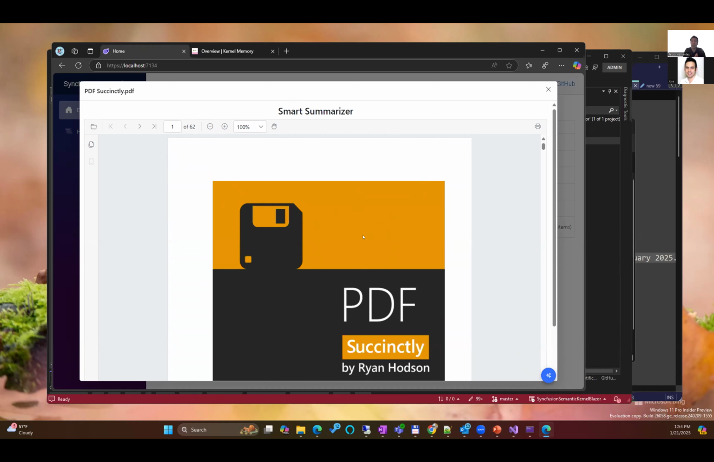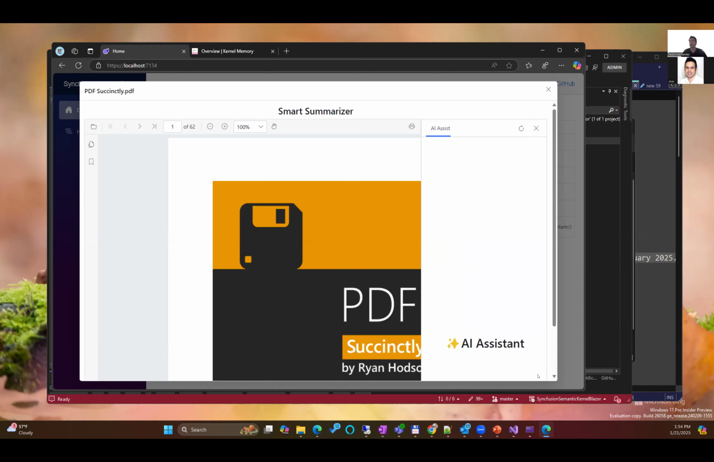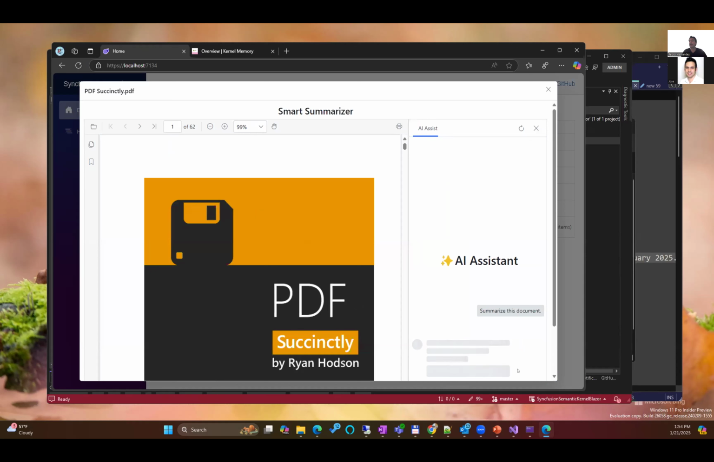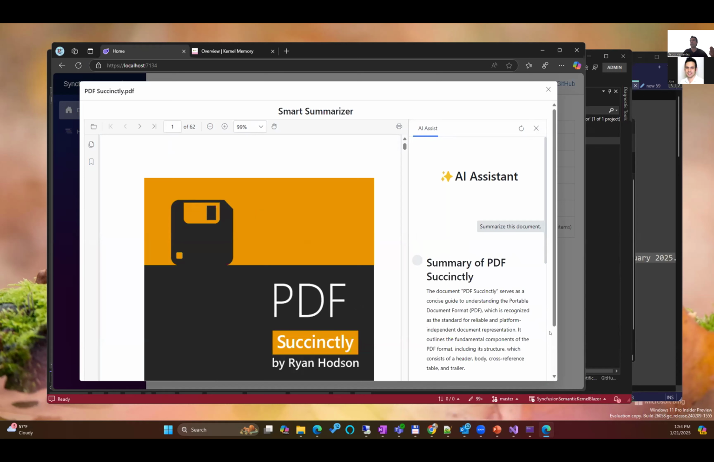What was the application doing at that moment? The application was loading this document into the kernel memory. So now I can have information about the document. If I open here, the first command that I sent to the AI is summarize this document. So now the AI is taking the information from the document and creating a summary. So you can, I'm using